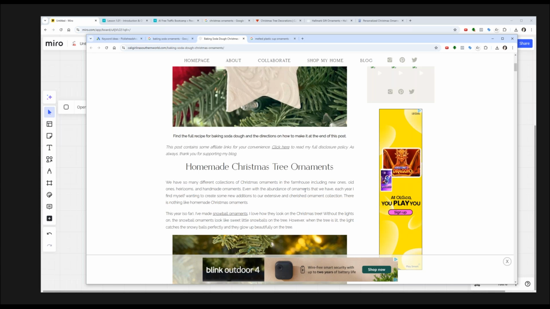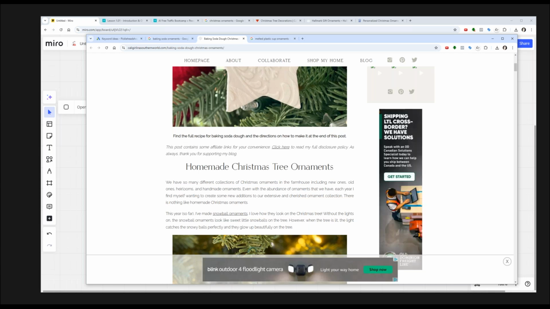So you can see how I just found a keyword that should be relatively easy to rank for. It's getting some decent search volume, even though it's not 100% related to my exact product. It's under the same umbrella. I mean, it's a Christmas ornament. So I can now bring people to my article explaining how to do this. I don't know how to do this, but you know who does? AI. AI can come up with this article in a heartbeat. And then I can post it on my site and I can have ads running for my own stuff.